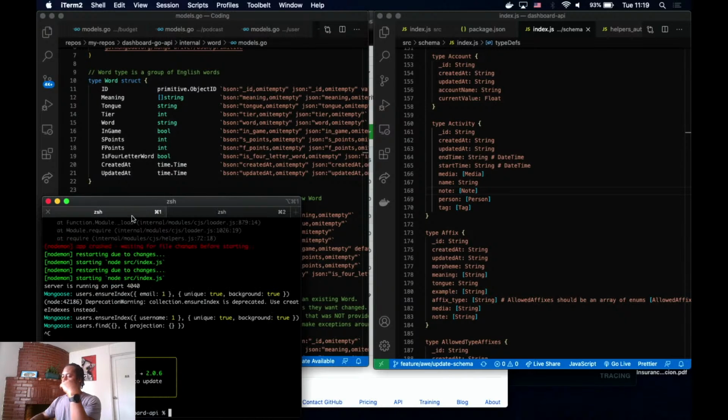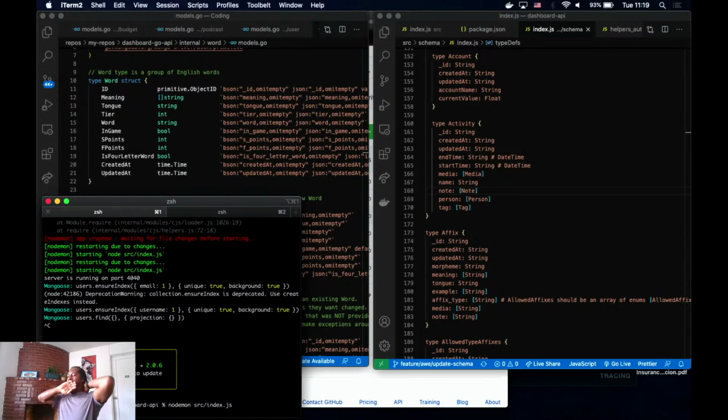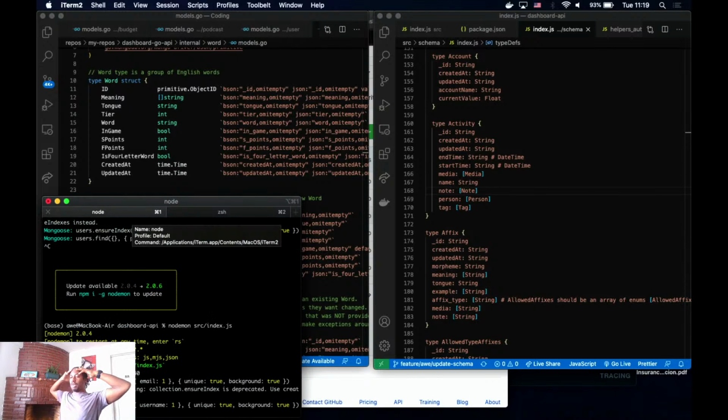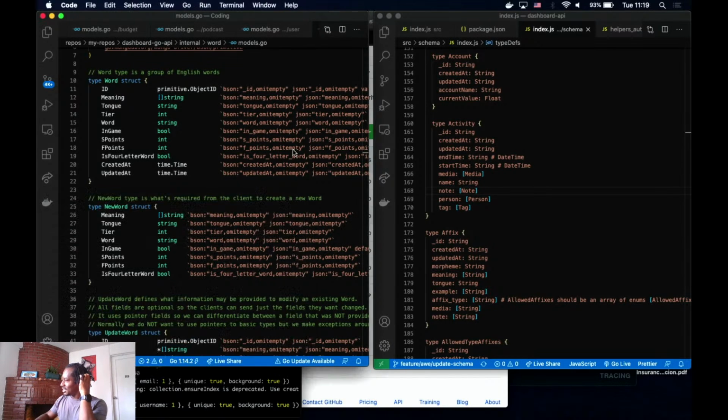All right, that's running, and then I'll go ahead and run nodemon source/index.js. All right, next. So let's look at it.